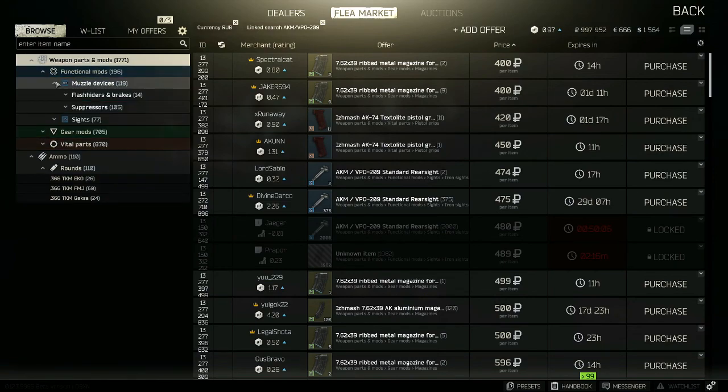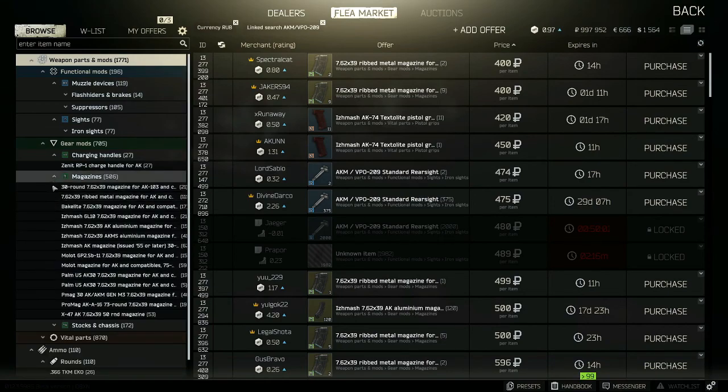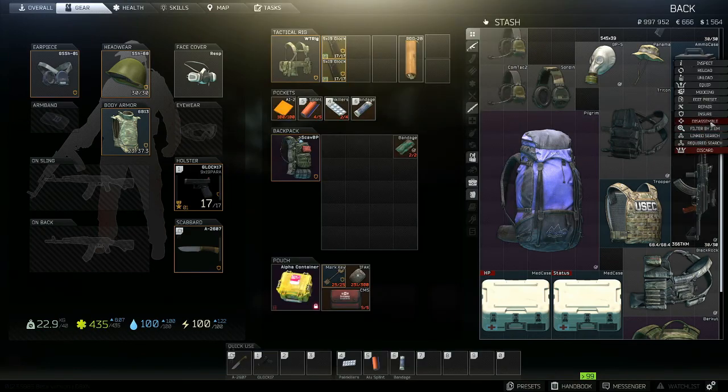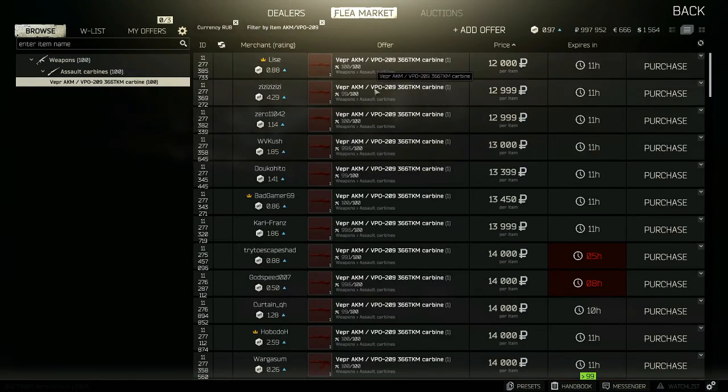You can see function mods, muzzles, sights, gear mods, charging handle, magazines, everything will be out. So this, where did it go? This link search is pretty important. You can just right click link search. Okay, filter by item is filtering the item by flea market